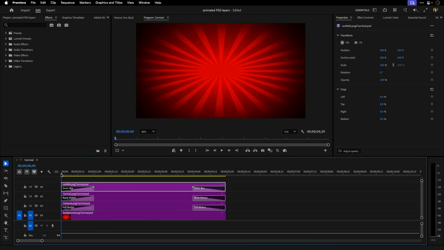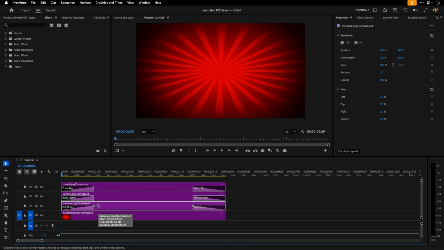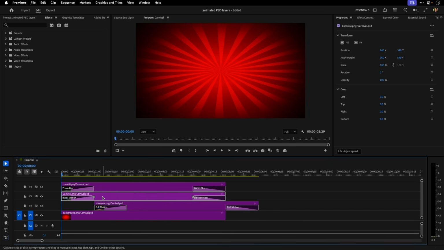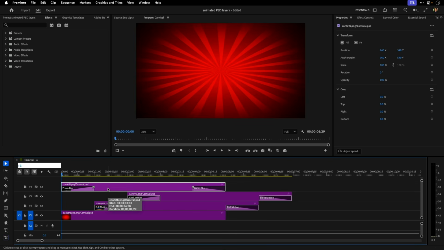Let's stagger the transitions by moving each clip and changing the durations. Each of these transitions has a default duration of 1 second, so let's stagger each clip by 1 second. To move a clip exactly 1 second, I can select it, press the plus on the keypad, and enter the additional time. Watch the time as I move each clip this way. To make the marquee start a second later, I'll press plus 100 and enter. Let's move the carnival text down 2 seconds, so I'll press plus 200. And the confetti will start 3 seconds later, so plus 300.